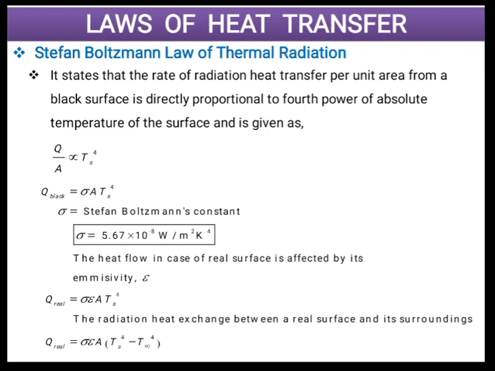Now, if radiation heat exchange is taking place between a real surface and the surroundings, because surroundings are also at some finite temperature like we discussed in the radiation mechanism, then there will be a heat exchange because radiation is a two-way path. So it will be given as Q real is equal to epsilon sigma A Ts raised to 4 minus T infinity raised to 4. These are basic formulae for radiation. We will also be studying radiation in a particular module afterwards in detail. Presently, we should be concerned only about this fundamental understanding.